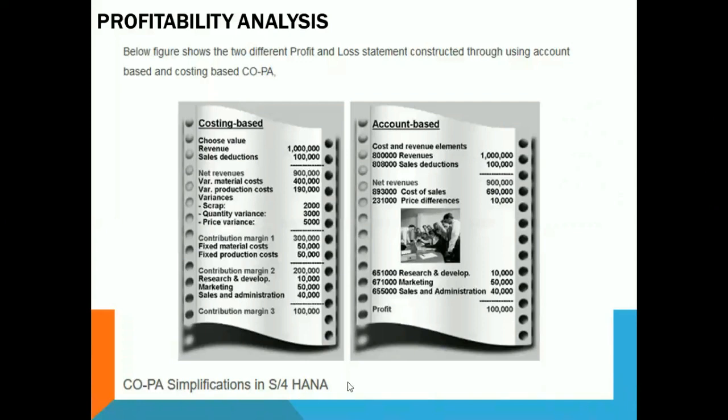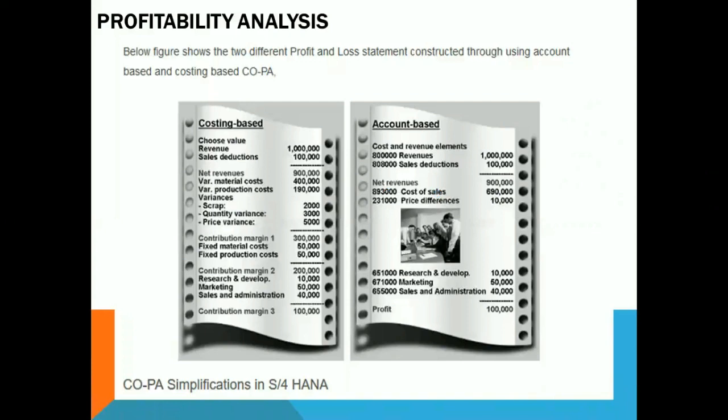Now whatever the source account you are taking, I split this source account into multiple GL accounts. It means the source GL account is going to be your cost of goods sold account, and the target accounts will be all the splitting GL accounts. Whatever value fields you are showing here in the cost base, I will create each and every value field as one GL account. I will make sure that you split this cost of goods sold account into multiple GL accounts, and I'll show the values as per your requirement in the account-based profitability analysis from today onwards.